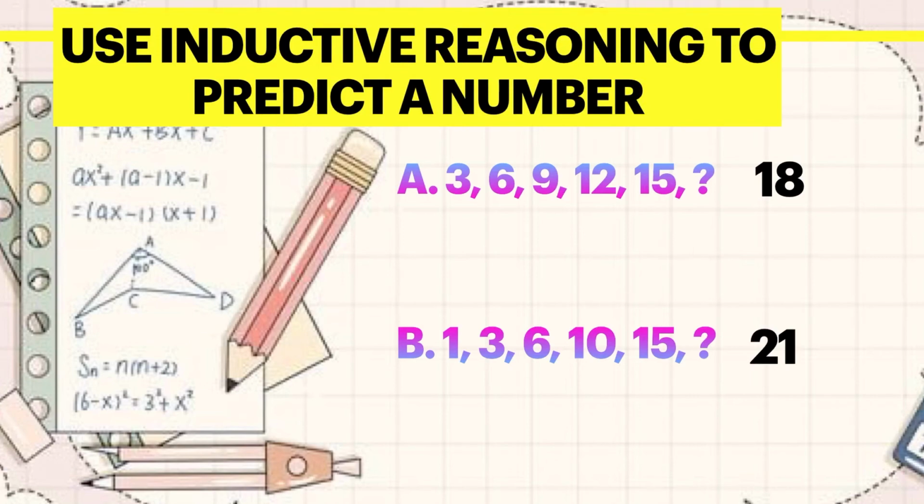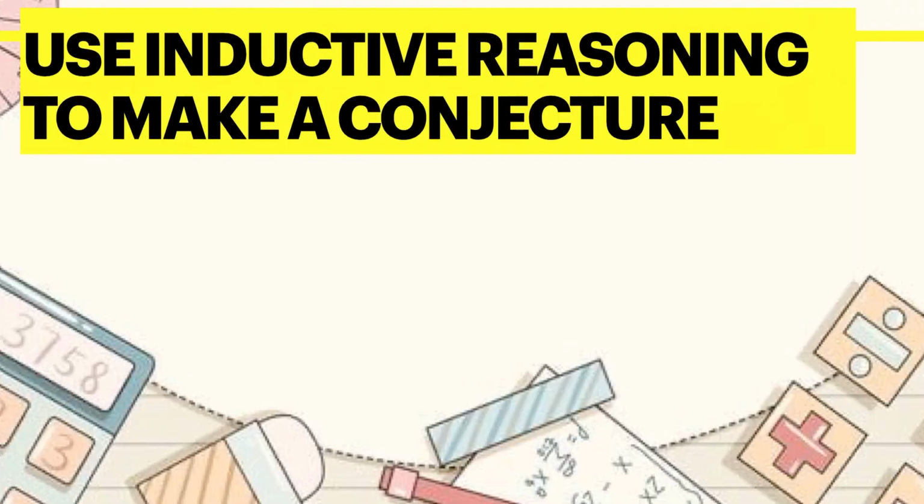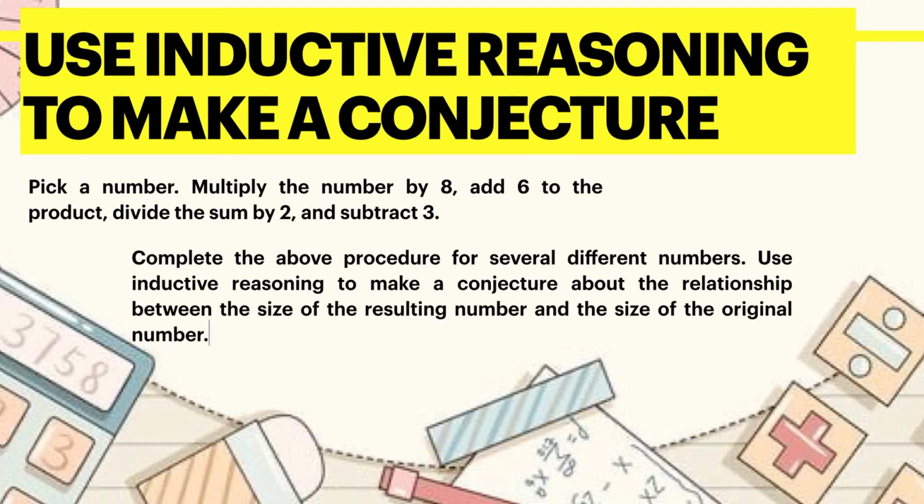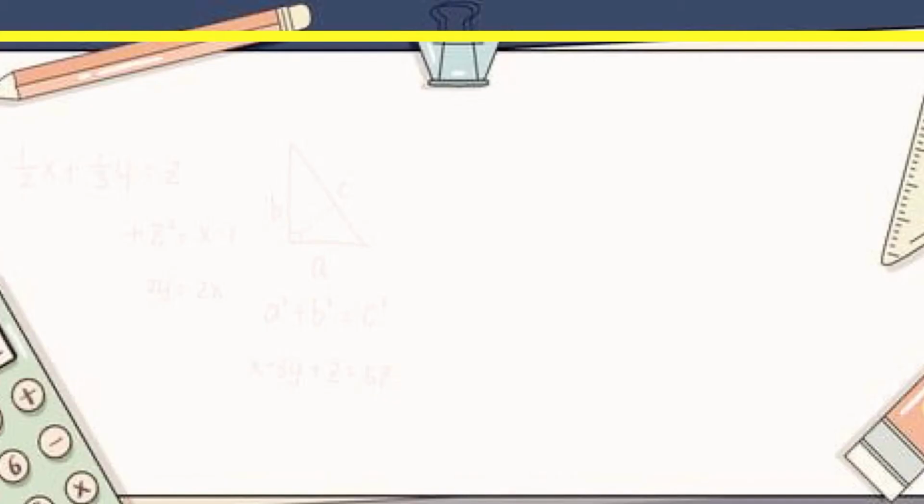Here, in using inductive reasoning to make a conjecture, we need to consider the following procedure: pick a number, multiply the number by 8, add 6 to the product, divide the sum by 2, and then subtract 3. Complete the above procedure for several different numbers, and use inductive reasoning to make a conjecture about the relationship between the size of the resulting number and the size of the original number. So our solution: